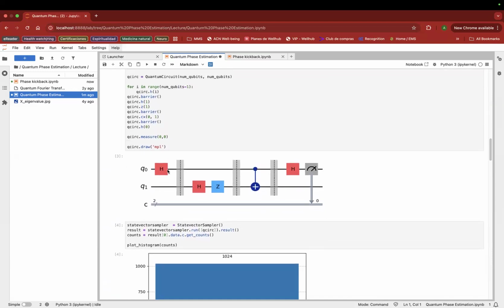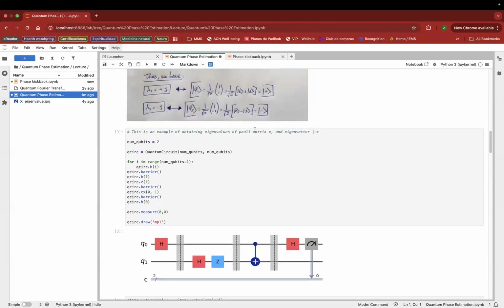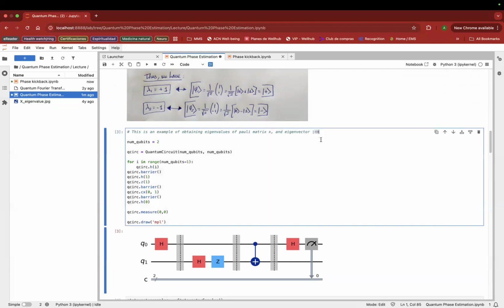Here we have the target qubit and the control qubit. We initialize the control qubit, we apply Hadamard, we initialize the circuit for the control qubit. Then we change the target qubit for our desired purpose. What it means is that we want the -1. That's why we apply a Hadamard and then a Z, because the Z changes the sign of the one. So with these two operations we get this wave function, this eigenvector over here, and then we apply the quantum phase estimation algorithm. This simple operator is the quantum phase estimation algorithm.